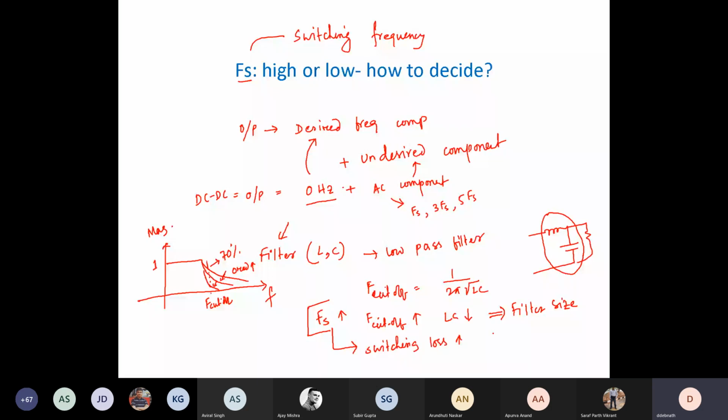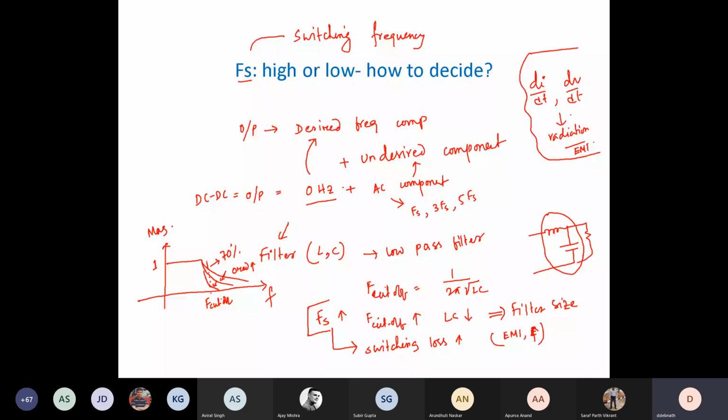Basically, you are turning on and off at a faster rate, right? That creates a large di/dt and dv/dt in the switches, which leads to radiation of electromagnetic waves that may hamper your nearby electronic components. So the higher the frequency, the faster you need to turn on and off, so larger will be your di/dt and dv/dt. That will create an EMI issue. We don't discuss this for a UG level course, so I'm not going into that depth.